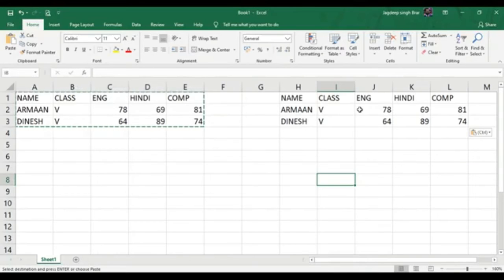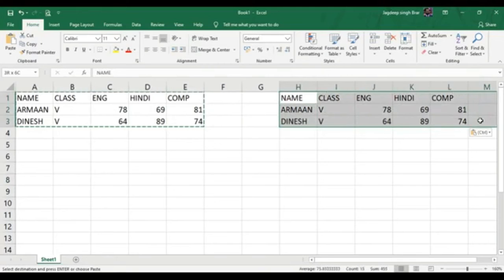Second is moving cell content. You can move the cell content from one location to another by using cut and paste. First is the Cut and Paste button on the Home tab. For example, select the information which you want to move from this location to here.